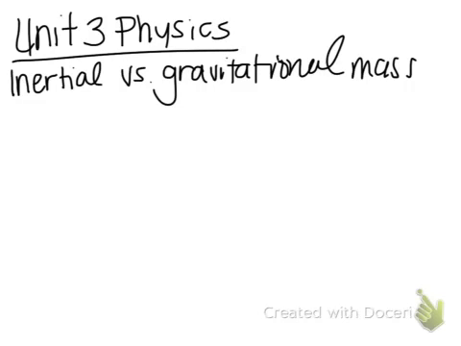Hey everyone, I'm going to run through some topics and questions that were missed on the last multiple choice for Unit 3. So we're talking about circular motion and universal gravitation. One idea that I didn't really touch on in class, and I apologize for that, is the idea between inertial and gravitational mass. So what gravitational mass is